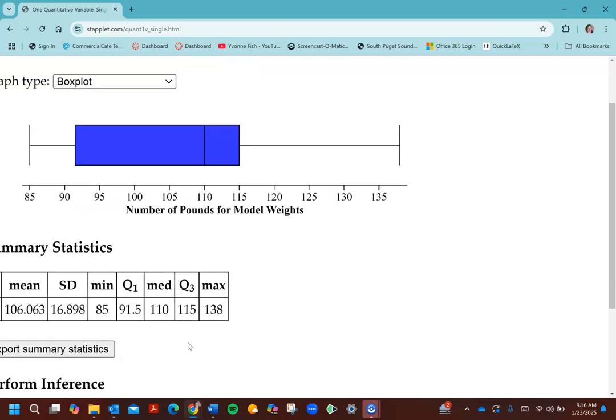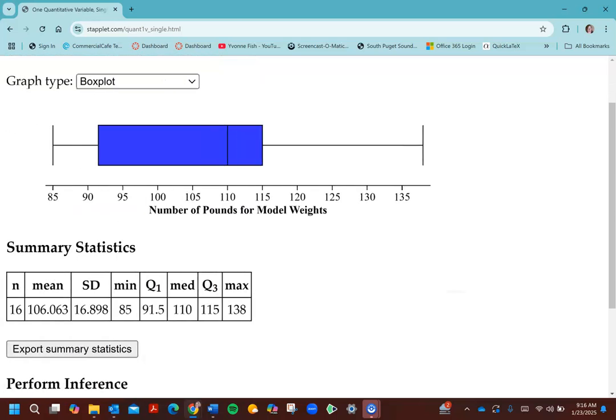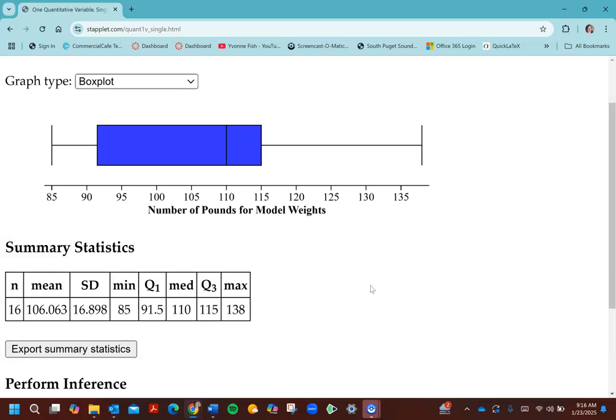And I can also see those numbers here. If I look at summary statistics, I can see my N is 16. I can see my mean. So that's also important, that we'll be using in a lot of things. We'll go over that later in another video, but that's where you're going to find your mean, in this little summary, and your standard deviation